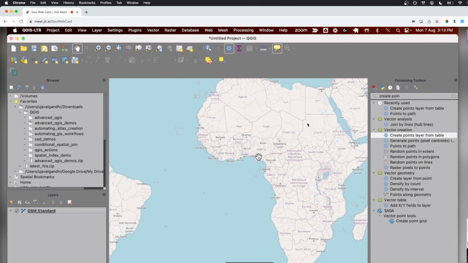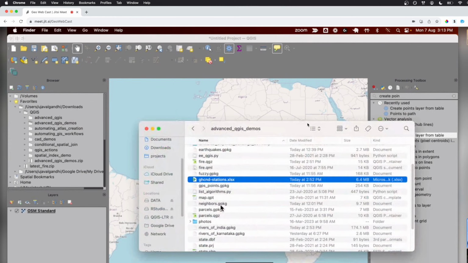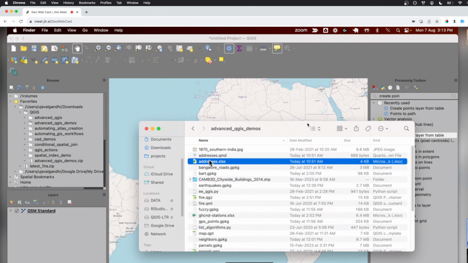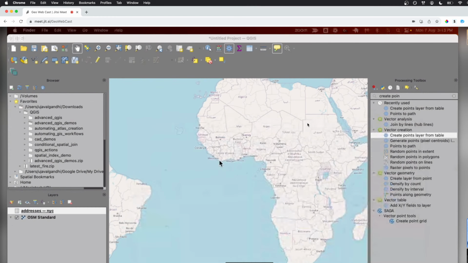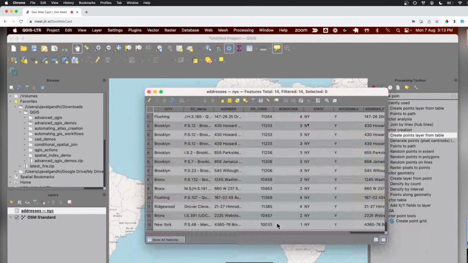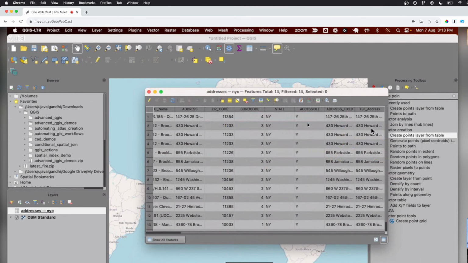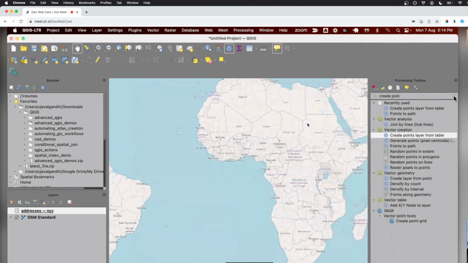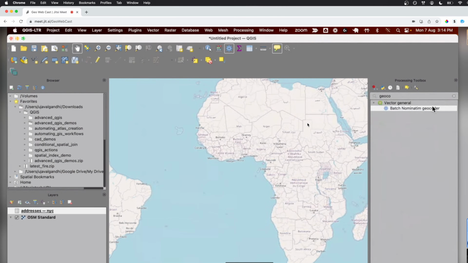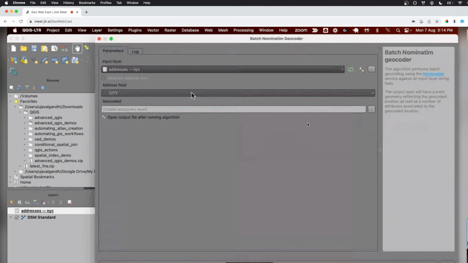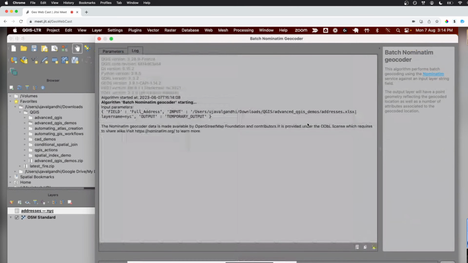Another thing, a recent feature, is that QGIS can also do geocoding built in, no plugins needed. Let's say I have some addresses in an Excel file. Again, drop it into QGIS. These are some addresses, and I want to geocode. In the toolbox, you can just search for geocoder. It comes with a Nominatim geocoder built in, and we can just say this is the address field, geocode. It sends this request to the Nominatim geocoder, and you get a vector point layer back. This is now built into QGIS.